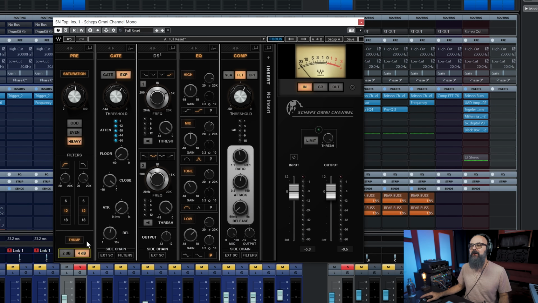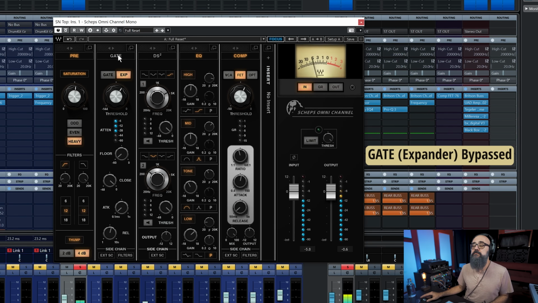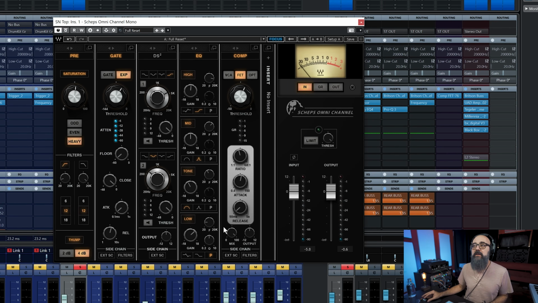Actually, the 4 dB bump is actually pretty cool. I'm going to leave it this way for now. There's also a gate that sounds pretty good. A bit of an EQ also, and some compression. So if we listen to this in the context of the mix,